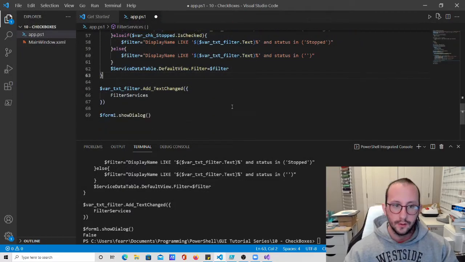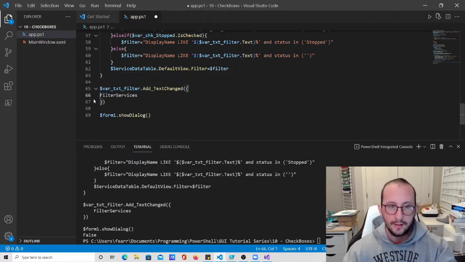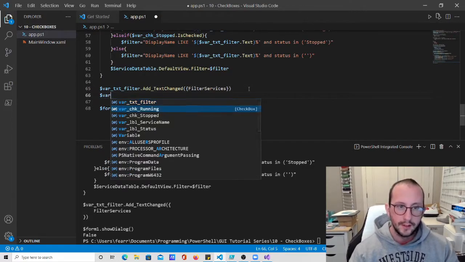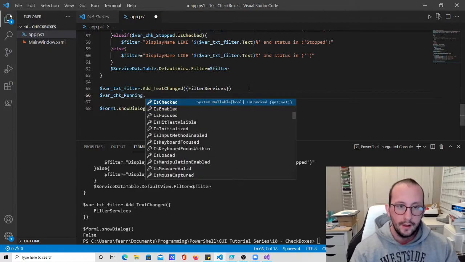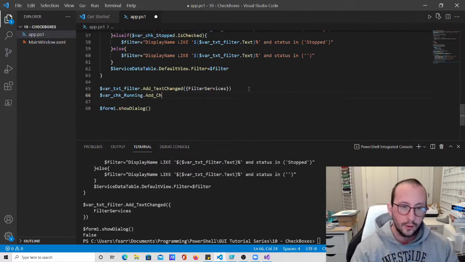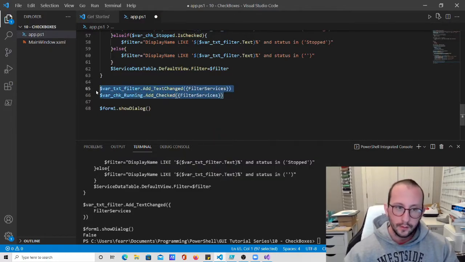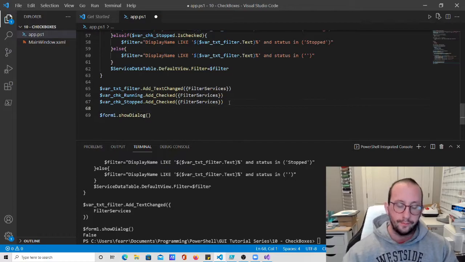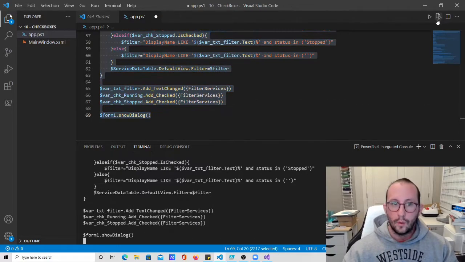on them yet. So let's go ahead and add the events, and then all we're going to do is shrink this down to one line. So then to add the events to the checkboxes, we're going to do our check running, and then we're going to do an add underscore checked, and we're going to do filter services, and let's do the same for the stopped checkbox. And then if we run this here,